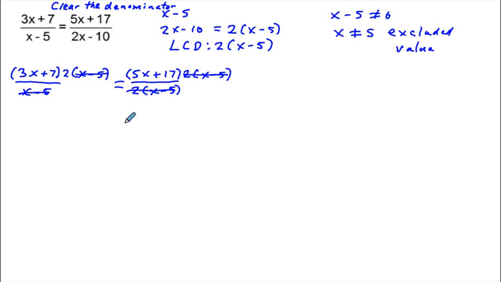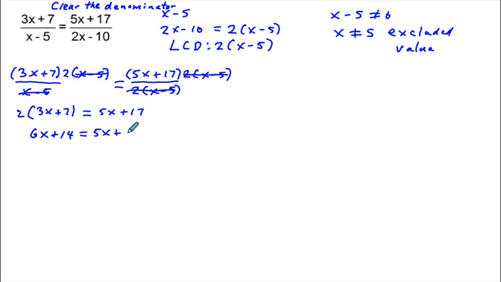We have canceled completely what we have here. So what we have left is 2 times quantity 3x plus 7, and on the right side, we have 5x plus 17. And so going ahead and distributing, on the left we have 6x plus 14 is equal to 5x